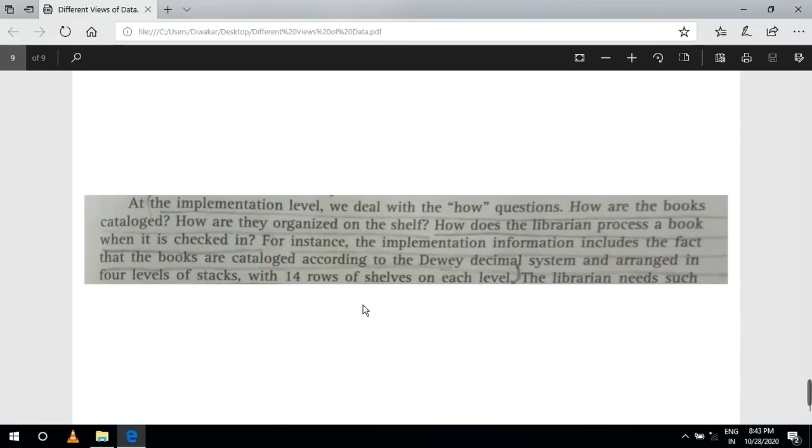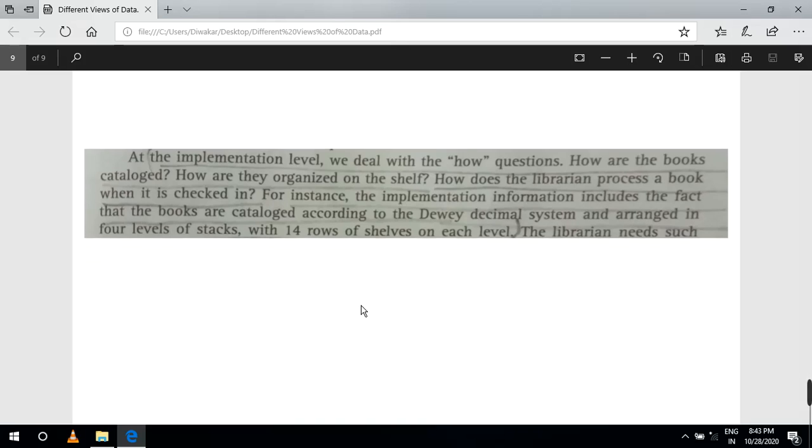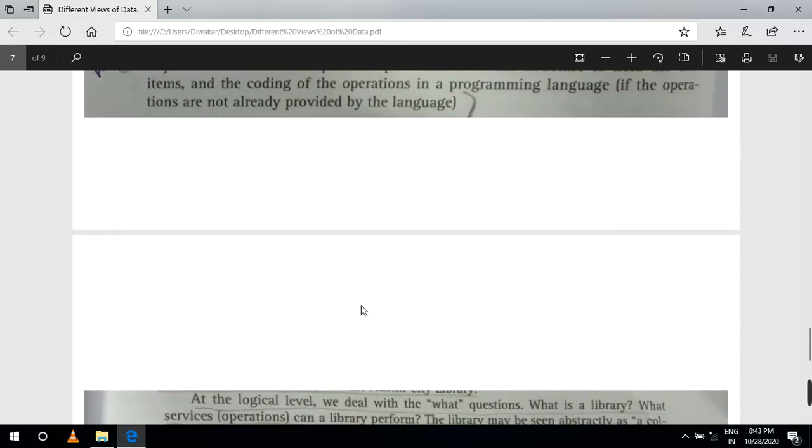And also implementation level-க்கு என்ன பேஸ் பண்ணலாம்னா, we are declaring how to implement, how to catalog. We are created for a particular books and the logic that நம்ம யூஸ் பண்ண as a librarian process, as a book when it is checked in, when it is checked out. அததான் நம்ம இத பேஸ் பண்ண முடியும் implementation processல. So this is the logic we are declaring for a different views of data.